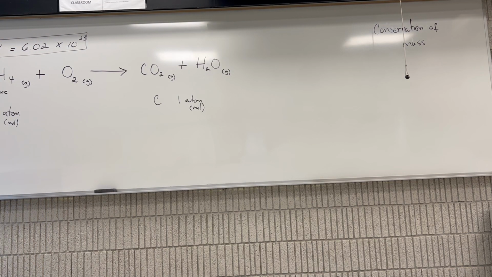So far so good. It looks like we have a chemical reaction that seems to be written properly. Now let's count hydrogen, because it's the next one that shows up here. So we have a 4 in front of the H, and that tells you that there's 4 of these. So we have hydrogen, and we have 4. We have 4 what? 4 atoms in one molecule of methane, or 4 moles of hydrogen in one mole of